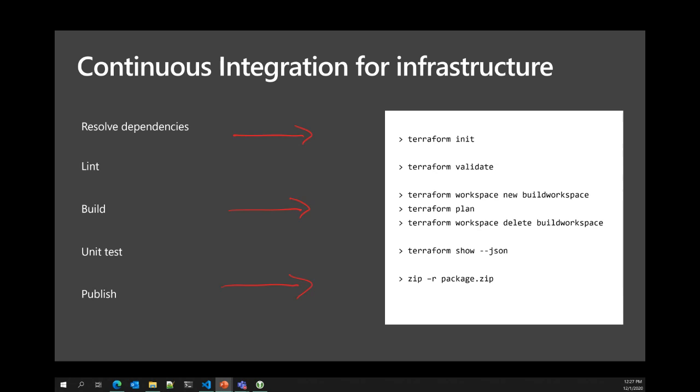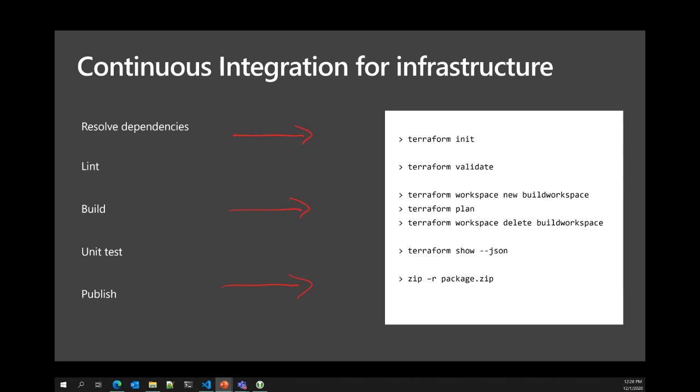Starting with Terraform version .12 and all the way up now through .13, they introduced a command called Terraform show. Stepping back just really quickly, the Terraform plan that gets generated in the previous step is actually a binary artifact. It's only consumable by Terraform itself, and it's typically meant to be used in the Terraform apply phase to go and actually do the work. So the idea is that Terraform spits out this plan and tells you, here are all the changes that I'm going to make to your infrastructure. When you're ready, run the apply command and I will do that work.